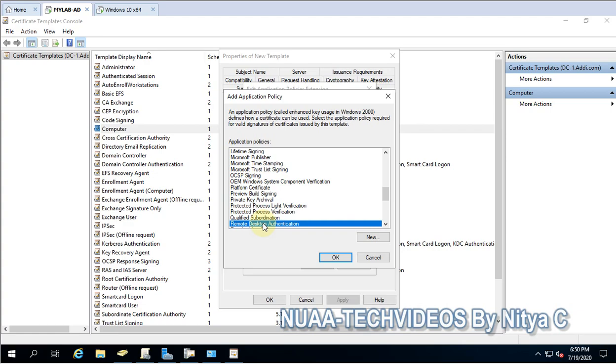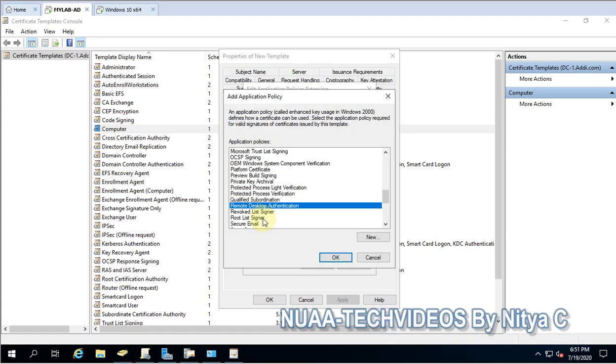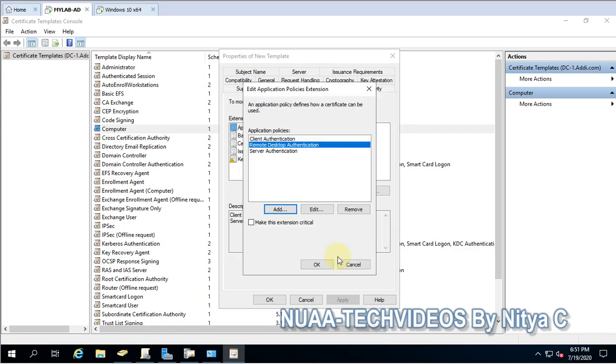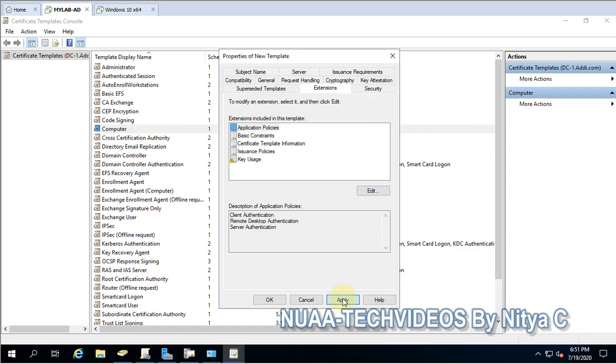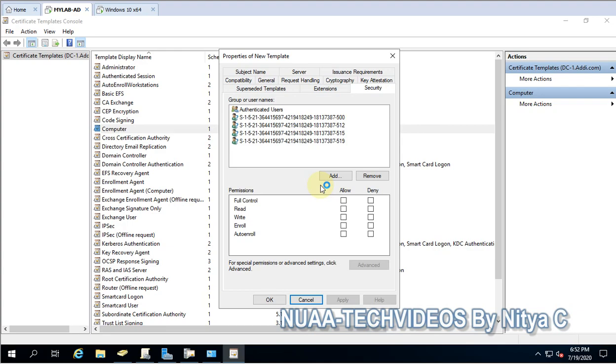And now we have to select the newly created application policies. This one we have recently created. Let's click on that and just OK and apply. And now we have to modify one more setting in the security so that it can be enrolled.